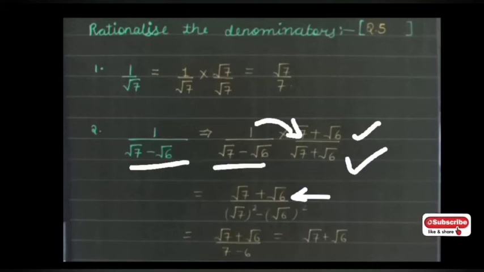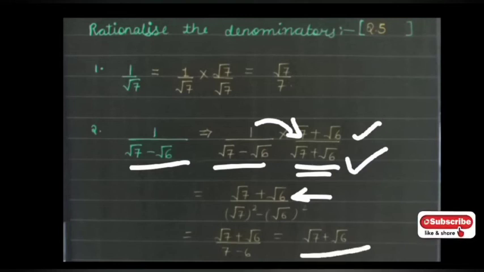And in the denominator, you can magnify it and see that it is an identity called root a minus root b into root a plus root b. So using that identity you can find out that it is just root a square minus root b square. Root a means root 7 is going to be 7 square, and root 6 square is going to be 6. So the answer is simply just root 7 plus root 6 divided by 1, but it's not important to write.